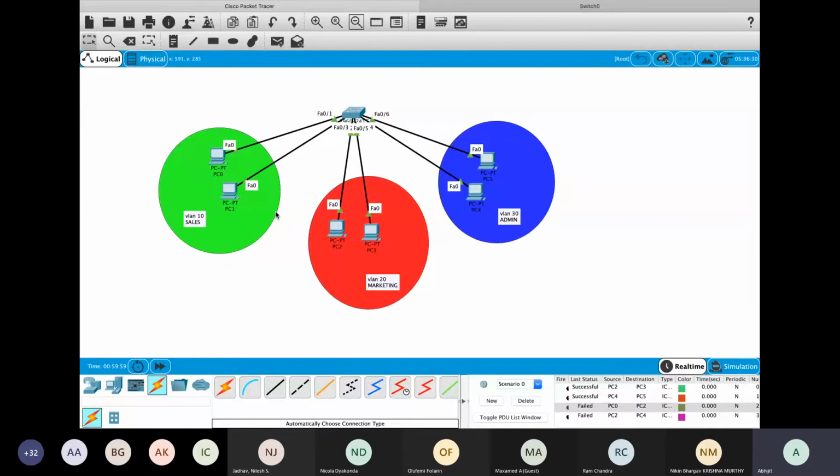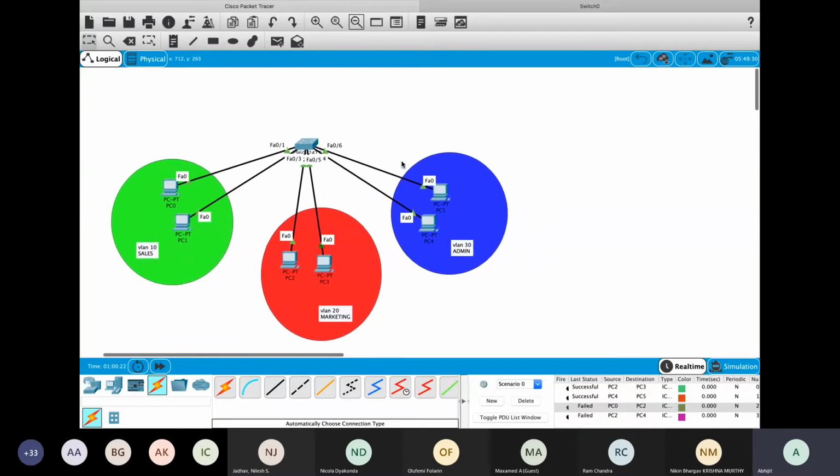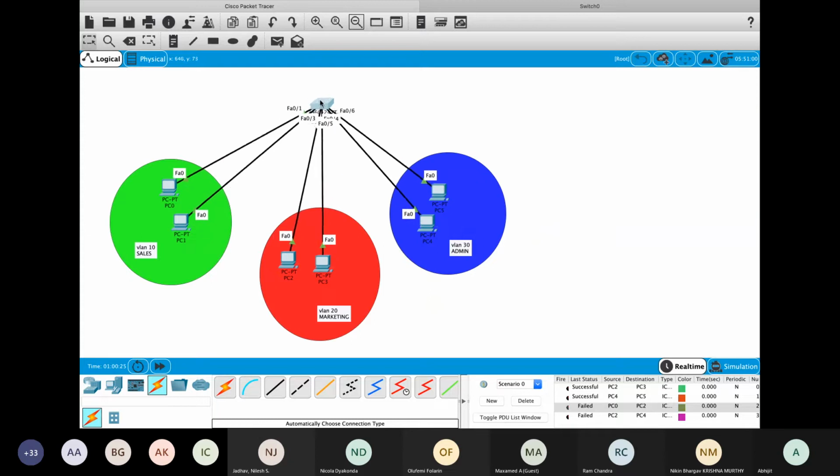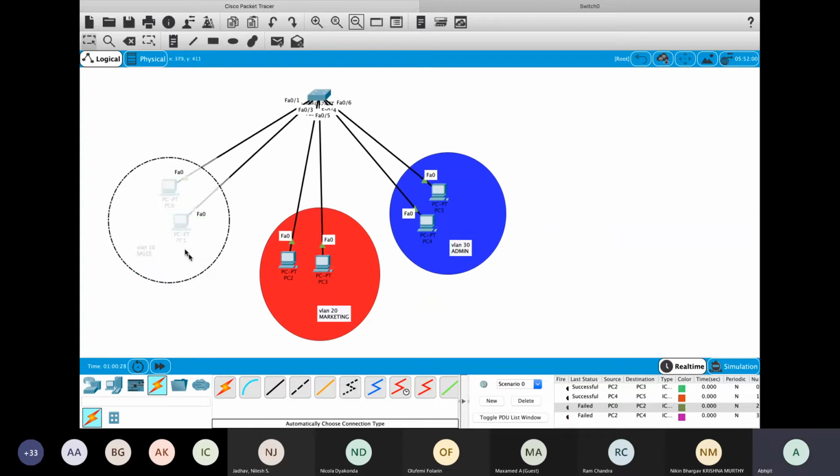Perfect. Now, here we have three groups, right? We have VLAN 10, VLAN 20, and VLAN 30 as well. That allows us to communicate inside the VLAN itself, which means we cannot communicate from VLAN 10 to VLAN 20, or from VLAN 20 to 30. But what if you have a scenario in which the switches are there itself, and